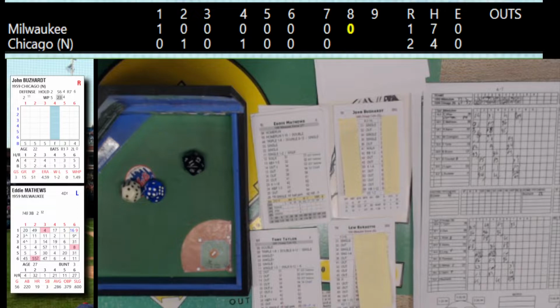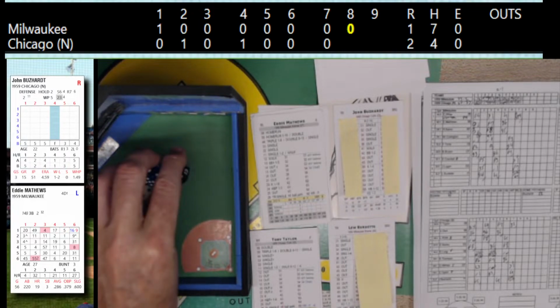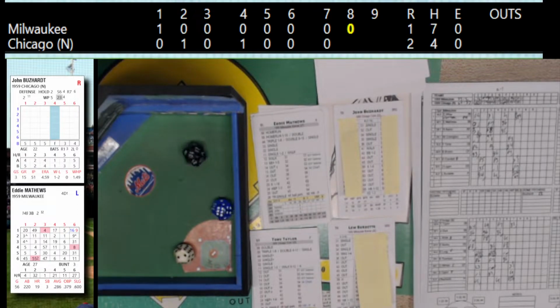Eddie Matthews leading it off. It's going to be Matthews, Aaron, and Covington against the starter, Buzzhart. Buzzhart started 10 games and completed one. I doubt he's going to complete this one. Once he gives a hit or a walk, he's going to get replaced. It is a 2-1 game. Here's the pitch to Matthews. And a 62 will be a line drive to left field, and right there is Thompson positioned perfectly for out number one.